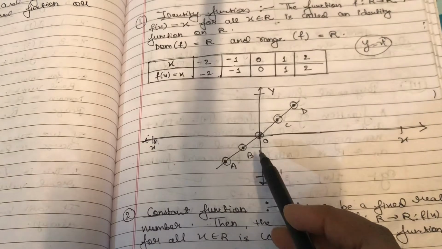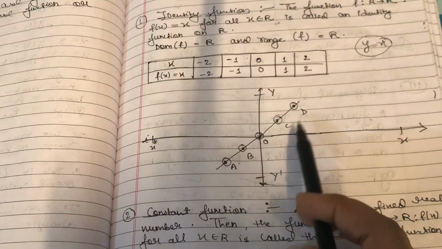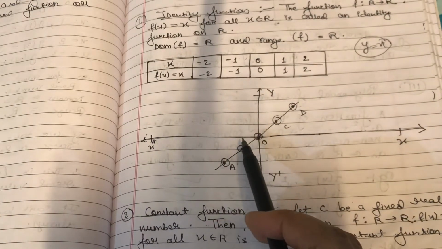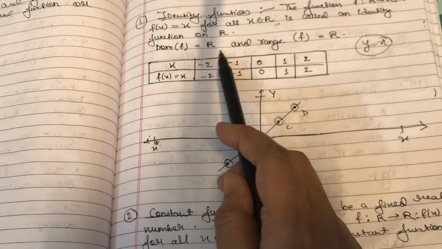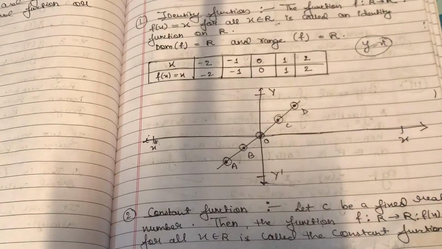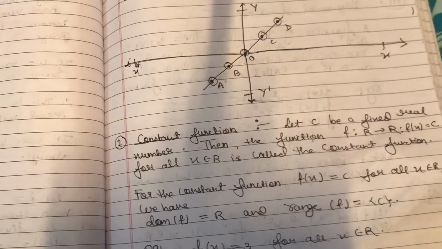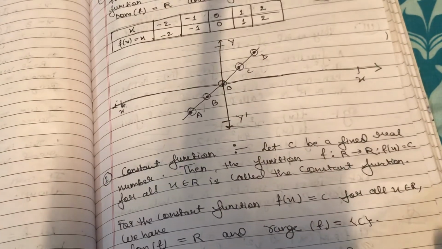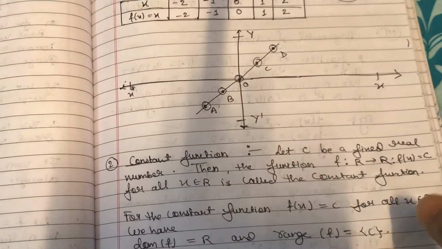So the domain, as you can see, the value of x, I can take any value, any real number, and for the same real number I can get any value of y as well. Therefore the domain is R and the range is R. All right. I hope that you know domain, which means all the values in the first coordinates, right? That is the x we are taking here.